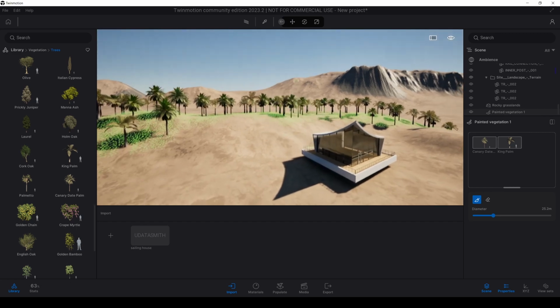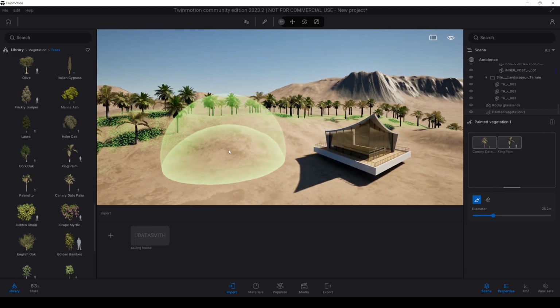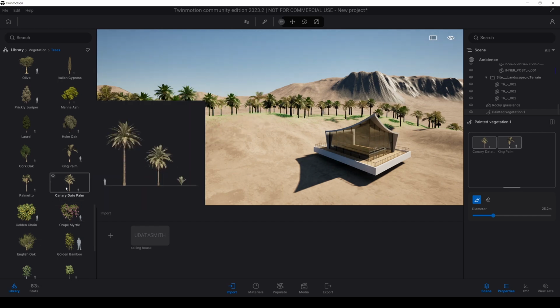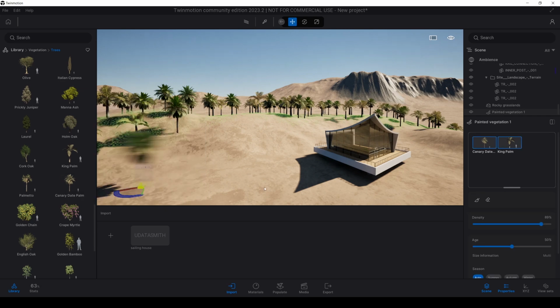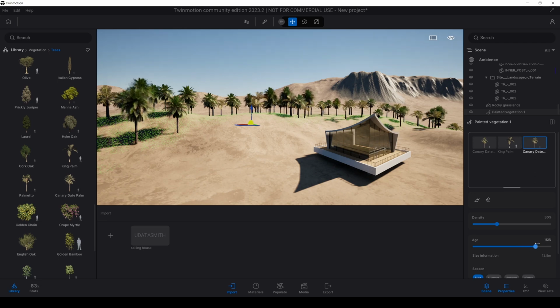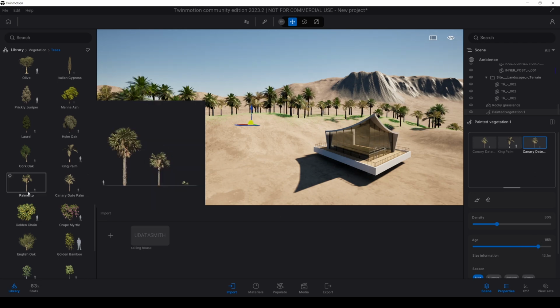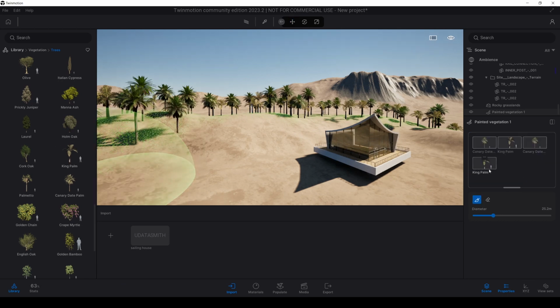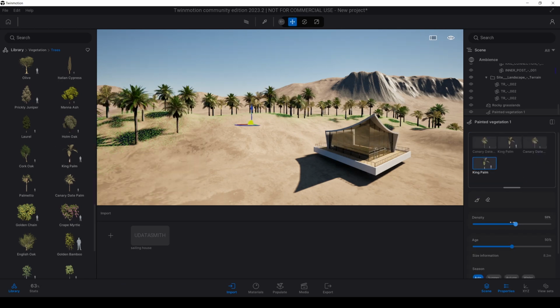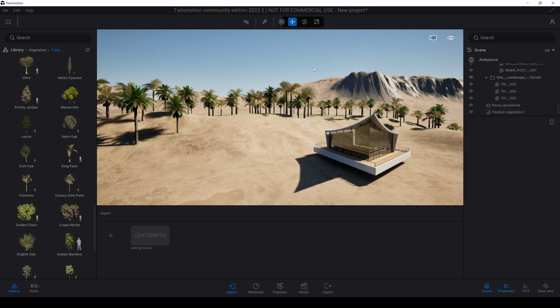And also another tip for you, if you think all of the trees are the same height, to fix that you will drop another tree and change its age. Just like this.